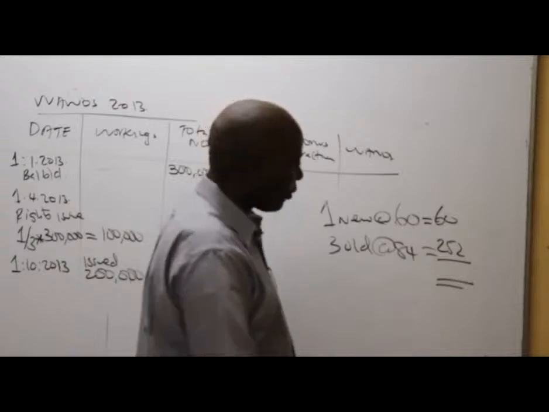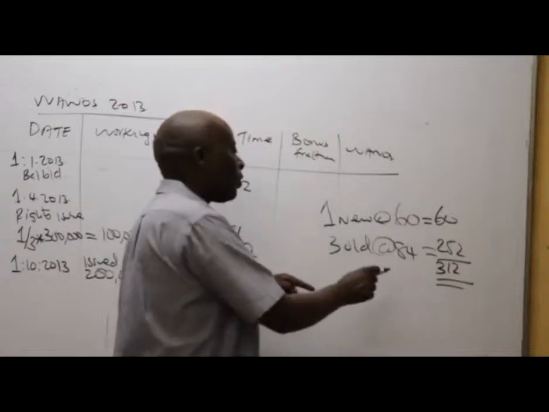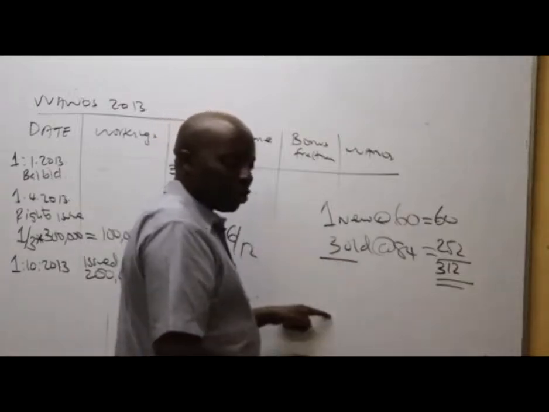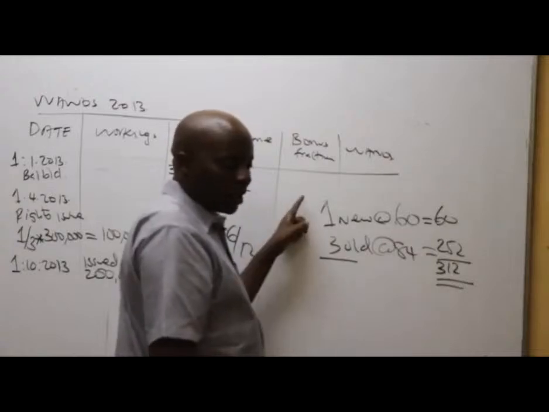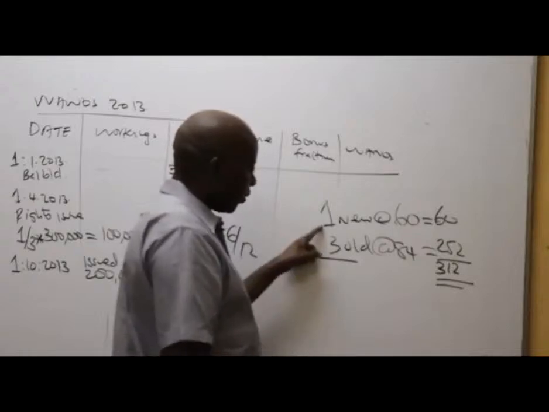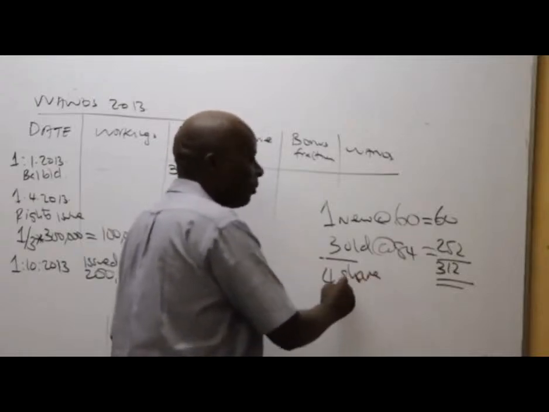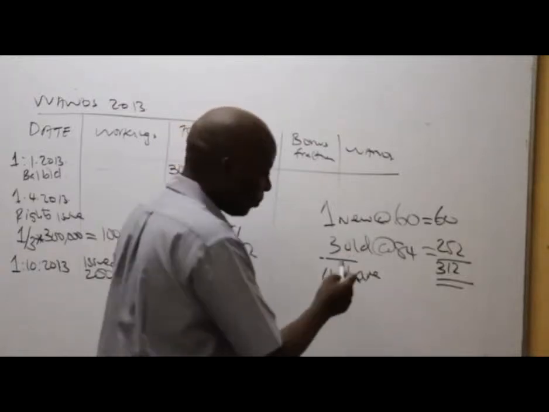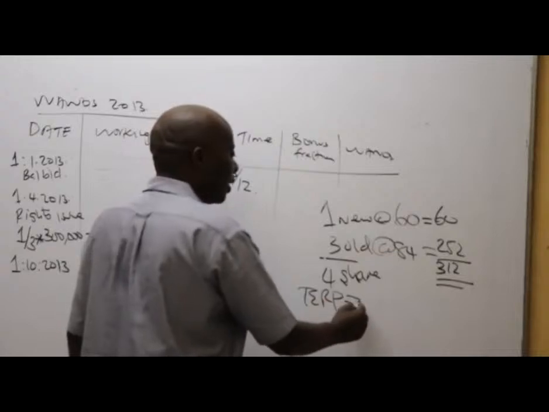ama 312. Kwa hivyo inamaanisha this 312 is for how many shares? Ati 1 neke ukiongeza itakuja 4 shares. So how about 1? So the price for 1 now here will be the theoretical ex-rights price, which will be